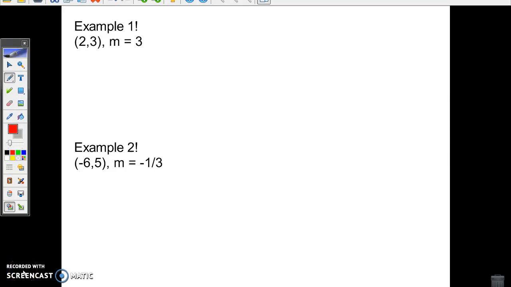Okay, next video, writing point-slope equations. Writing point-slope equations. So we're going backwards this time. Last time we went from an equation to a point and a slope. This time we're going to start with a point and a slope, and we are going to write the